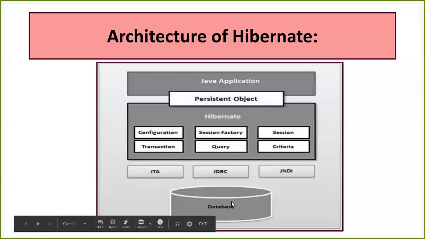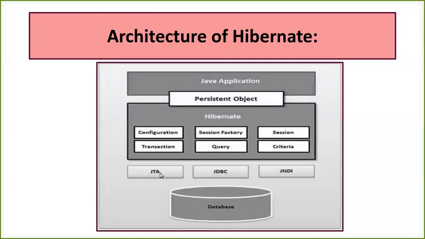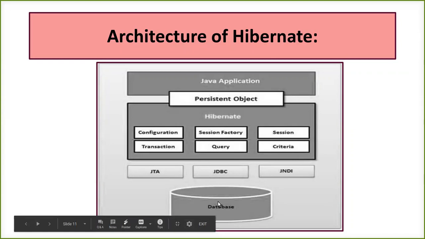Fine. And in the database, we are going to have three things. One is a transaction API, which is going to help me to have rollback or commit statements. I'm going to have a JDBC API, which is a mandatory part, which must come with the database. Whichever database I'm going to use, it's not an issue, but the database should have a JDBC API. Then only it will be able to communicate with my Java application.